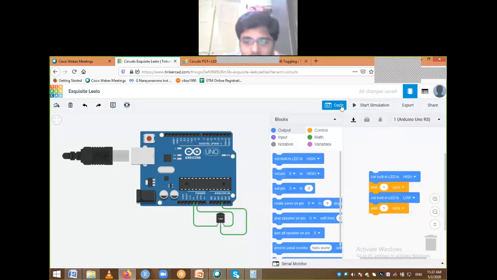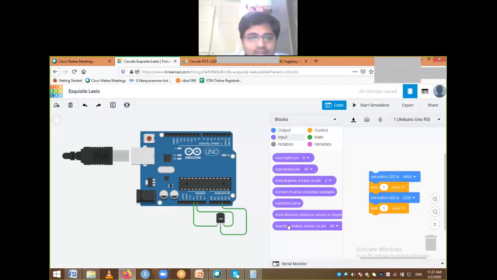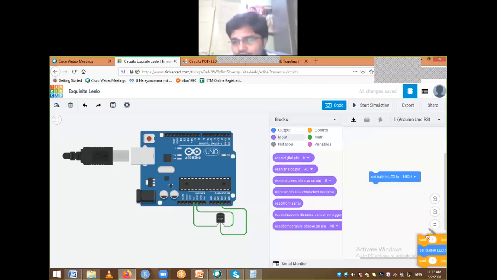So basically it is some input, right? Go to input, and you can see here again the advantage with Tinkercad is I have directly here read temperature sensor on pin A0. I am just removing this particular circuitry code.